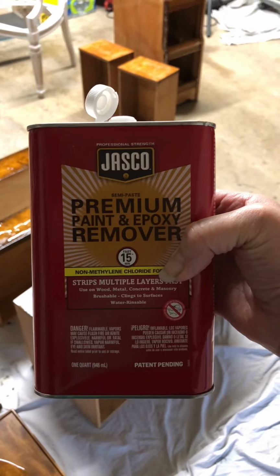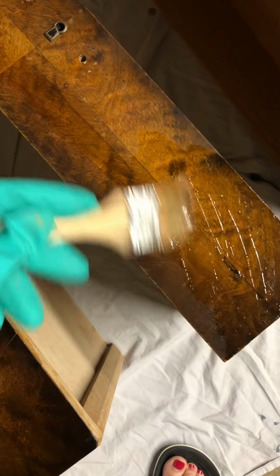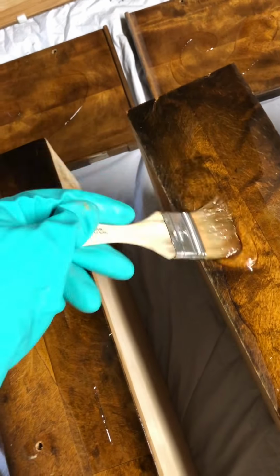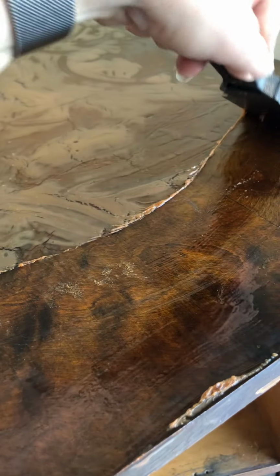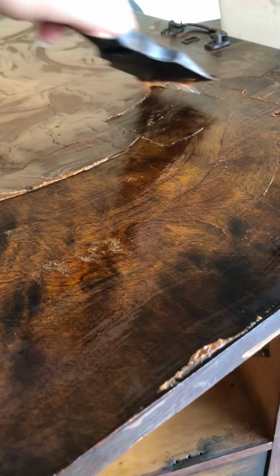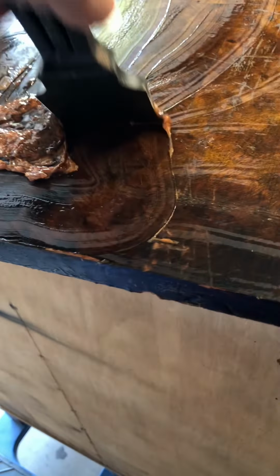I wanted to see if I could save the drawers and the doors. So I went ahead and stripped it so that I could see what was underneath that failing finish. And it was pretty gunky, but thankfully, when I was able to scrape it off, there was beautiful wood underneath. I was able to get off all of that crackling finish and reach that beautiful wood. I mean, it was still not in the best of shape, but I decided to just go ahead